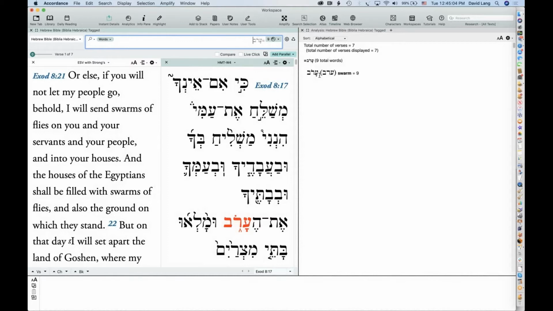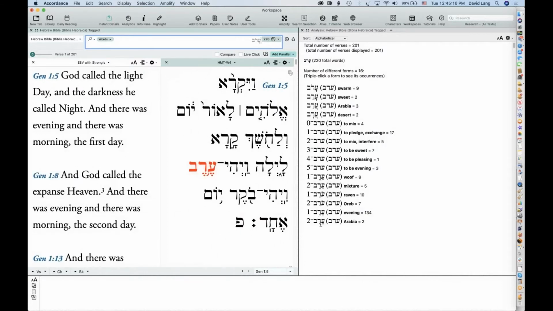All right, so that's useful because that narrowed down a bunch of different lexical forms that were not what I may have been interested in. Let's go back to taking the equal sign out. Now it's ignoring the vowel points. It finds me every lexical form that has those vowel points. Now notice the vowel points for Erev, the two segols, will get me only so far. Erev will distinguish my search from all of these other ayin resh bet verbs, or nouns or whatever.